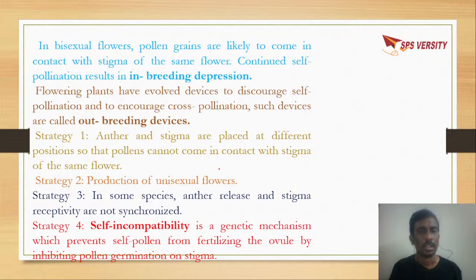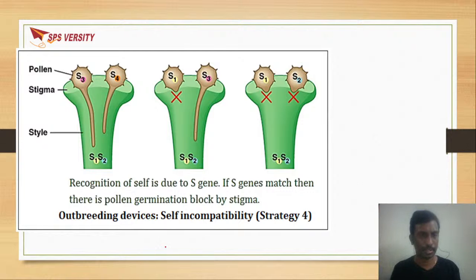Okay. So these are the outbreeding devices which we discussed. Here in outbreeding devices, there are various devices like anther and stigma being present at different positions, and production of unisexual flowers, where the male and female flowers mature at different timings, and self-incompatibility, where the gene identifies the pollen of the same plant and doesn't allow it. So here you can see